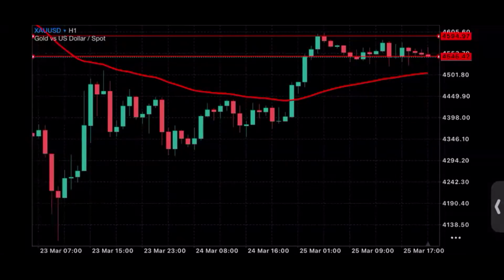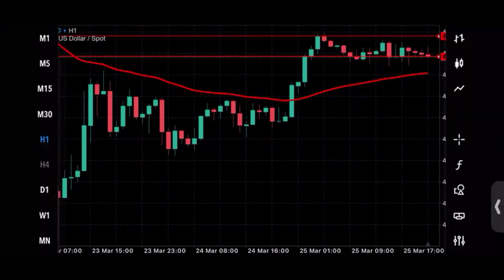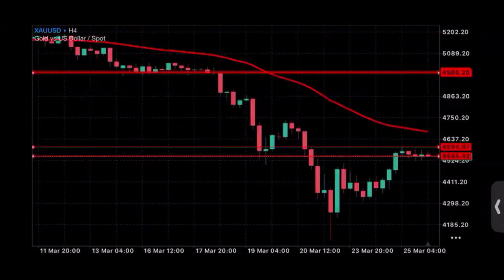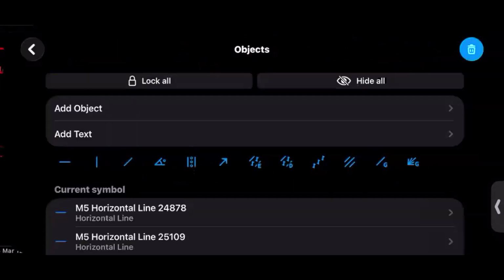And remember, we're doing this on the 5 minutes time frame. So I'm just giving you an example. You can't do this on 1 hour because the risk is going to be higher. On the 5 minutes time frame, the risk could be like 100 pips, 80 pips thereabouts. And then your take profit, of course, in the case of gold right now, we can go to the 4-hour time frame. Look at the risk to reward, very good.